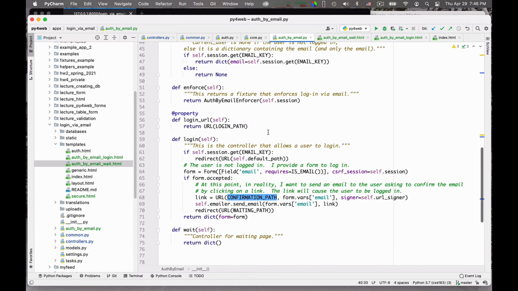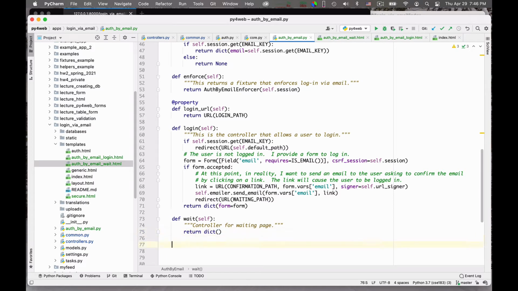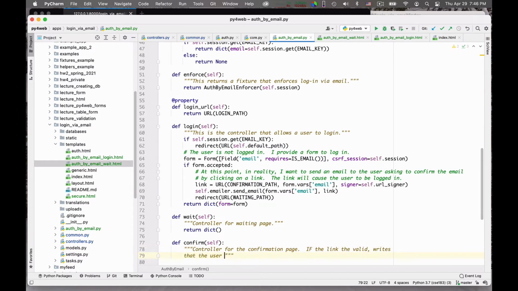And so the confirmation page, what do I need to do there? Def confirm self. Controller for the confirmation page. If the link is valid, write that the user is now logged into the session. So the first thing is, if the link is valid.